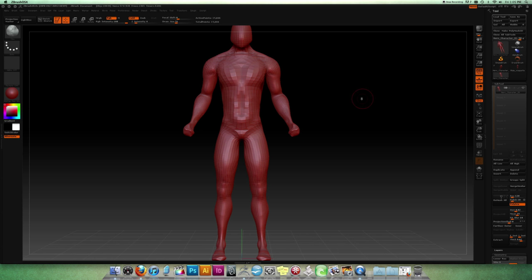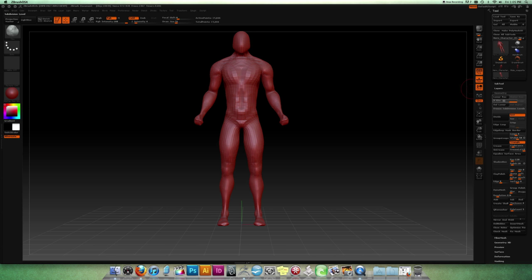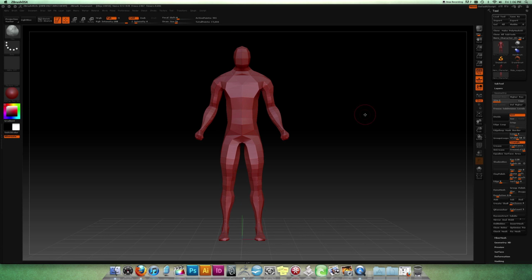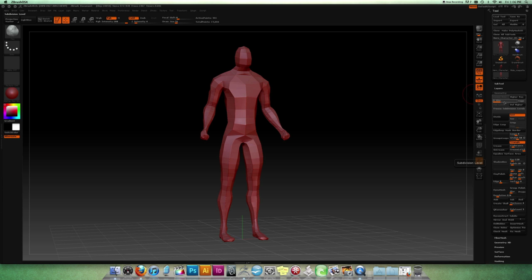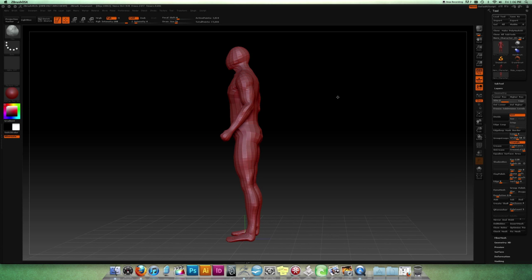Alright, so this is really low subdiv. We're looking at only 15,000 polys, and here's like 900. So when I originally started this, I actually started it from a maquette, which was just one that I had saved out from ZSpheres, and then I tweaked it to look like the reference photo, or at least the best that I could get it from this low subdiv, and then moved it up,